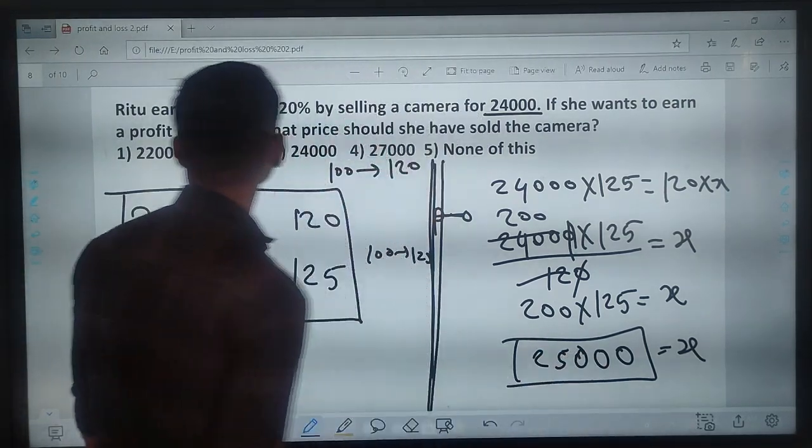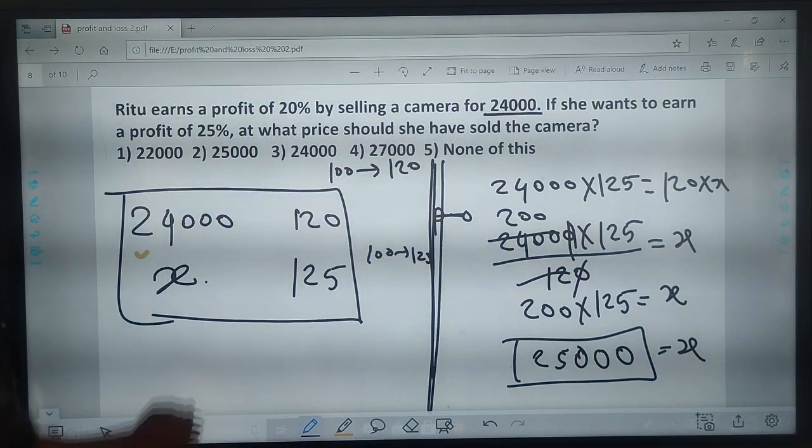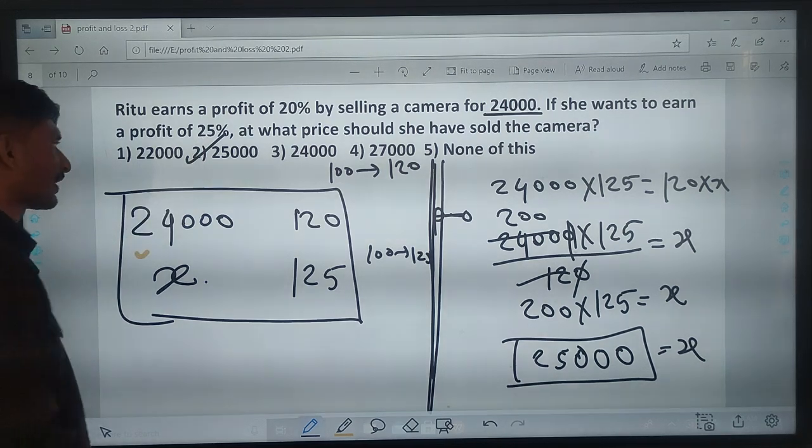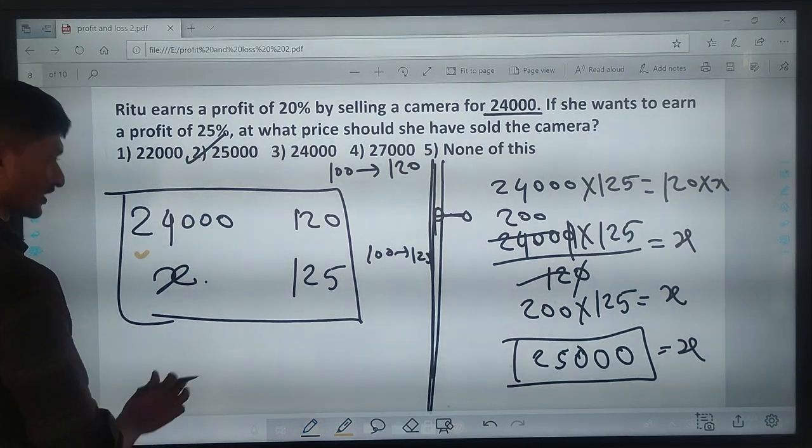Your selling price of the camera is 24,500. If you want a profit of 25%, the selling price of the camera is 25,000. Next,